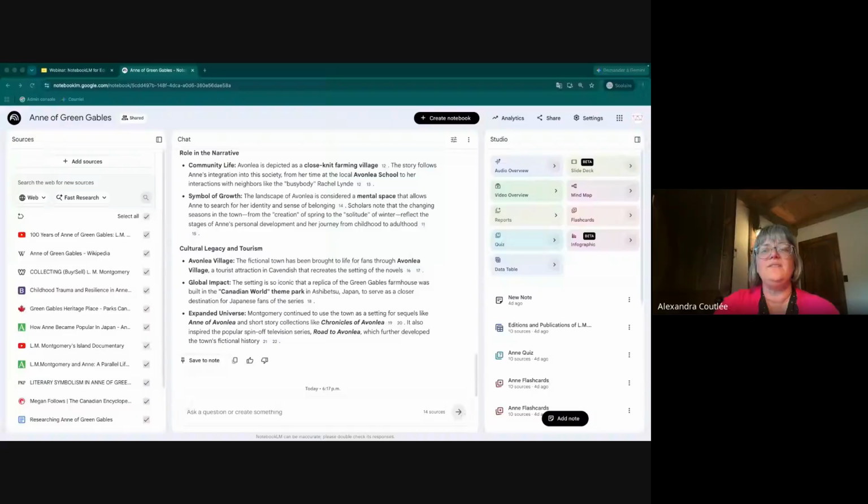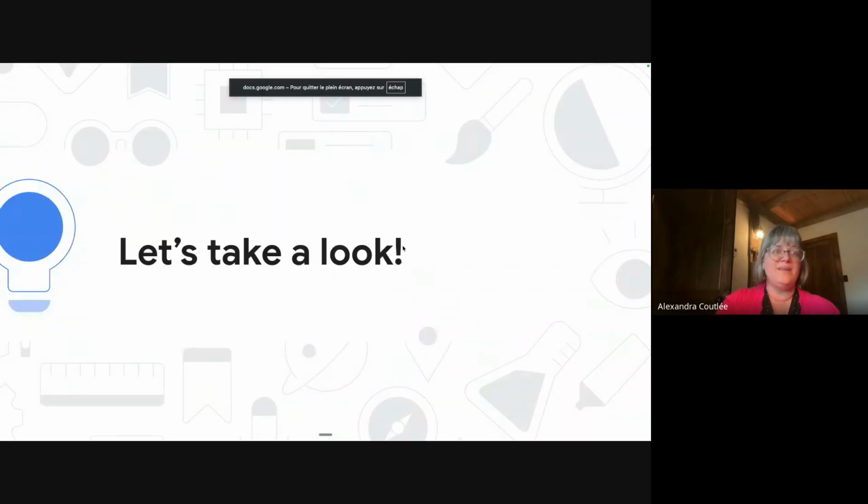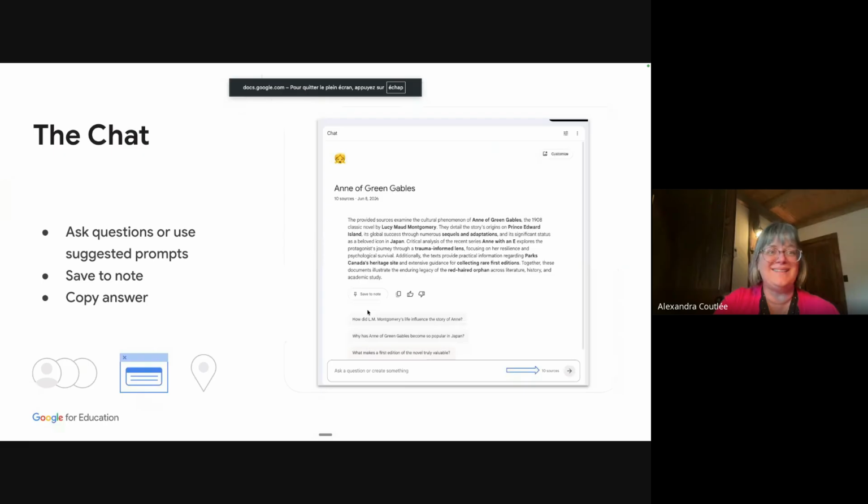All right, so I see 50 per notebook is with the basic NotebookLM. Then you can get 100 if you're Education Plus or Teaching and Learning. And I think it goes up to 300 if you're Google AI Pro. But honestly, 50 sources is pretty good to start with 100 notebooks. That's a lot of sources. And remember, sources can also be Google Docs with multiple pages. So your sources can be pretty intensive. I haven't seen that many people reach their limit in terms of sources, basically. Maybe now you will, now that I'm giving this webinar and you're going to use it all the time. So now they'll have to increase our limits to everybody.